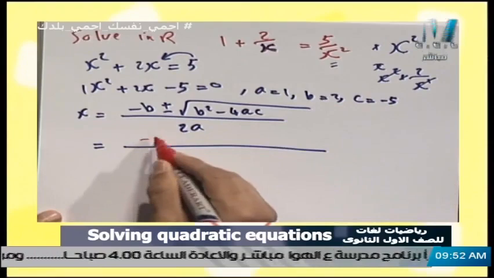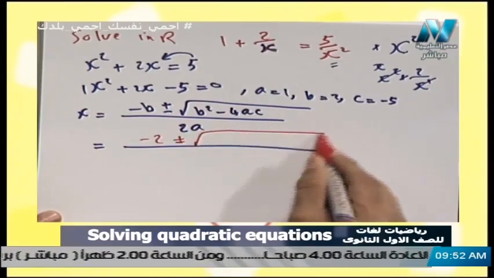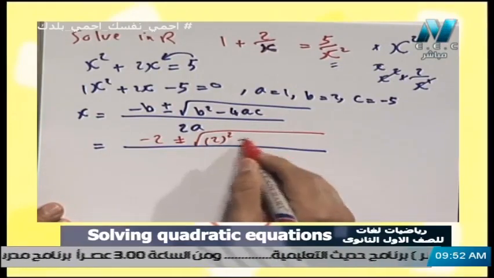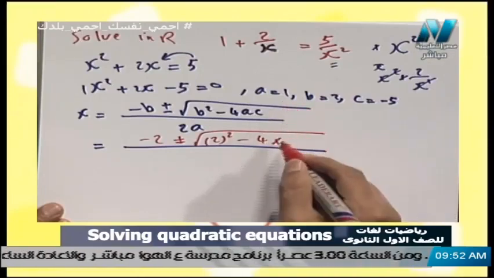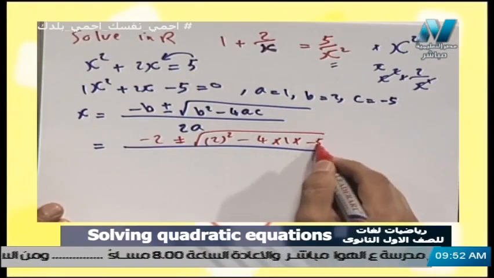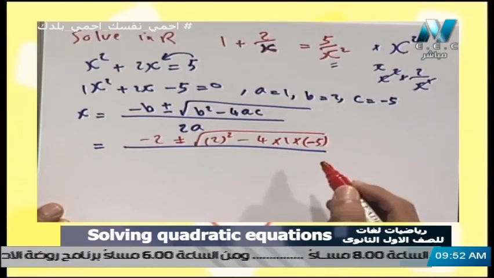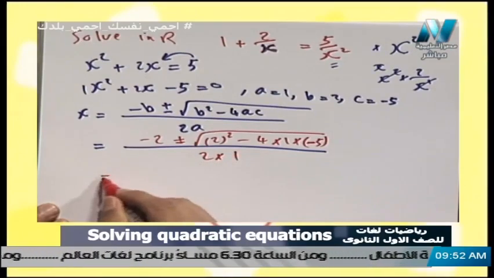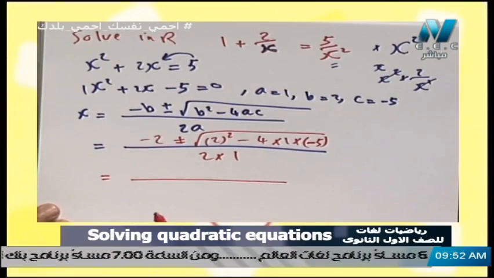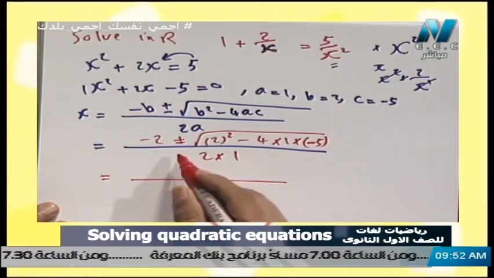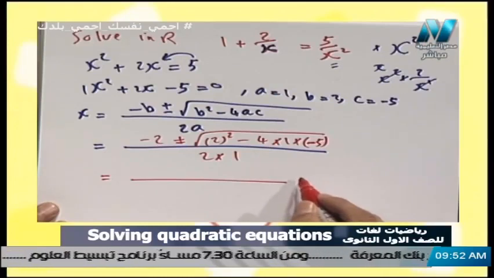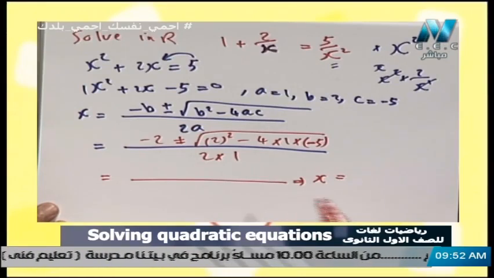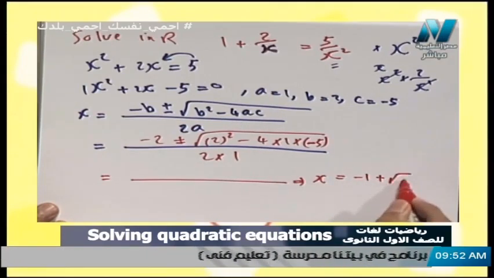negative b will be -2 plus or minus square root b power 2, meaning 2 power 2, minus 4 multiplied by a, which is 1, multiplied by c, which is -5, and my advice also is to put it in a bracket, over 2 multiplied by a, which is 1. So if we use a calculator, the answer will be: the first x will be -1 plus root 6,